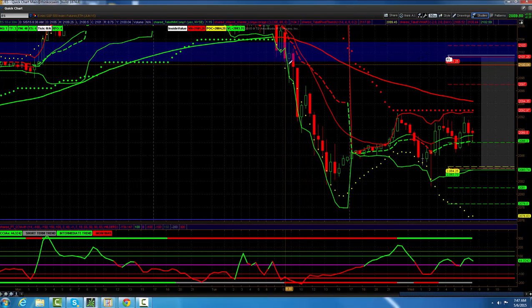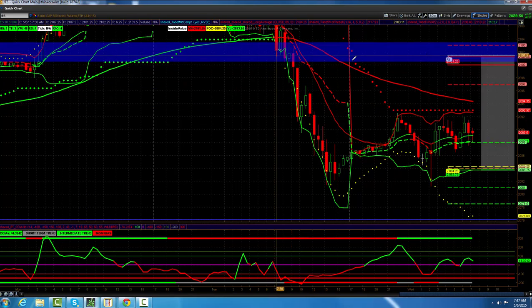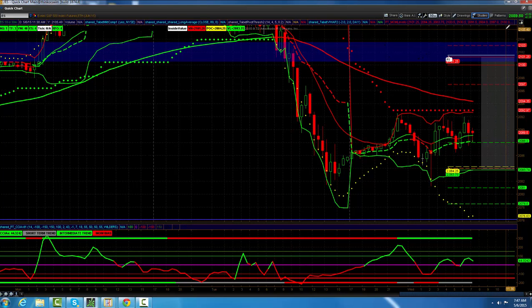And you know how it actually, when it traded under the middle, it never looked back, right? And I put this out around 9:30, 9:45 every day. So make sure you